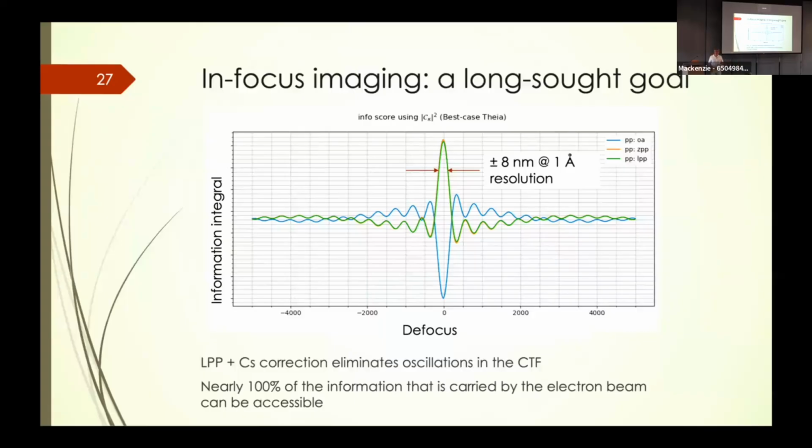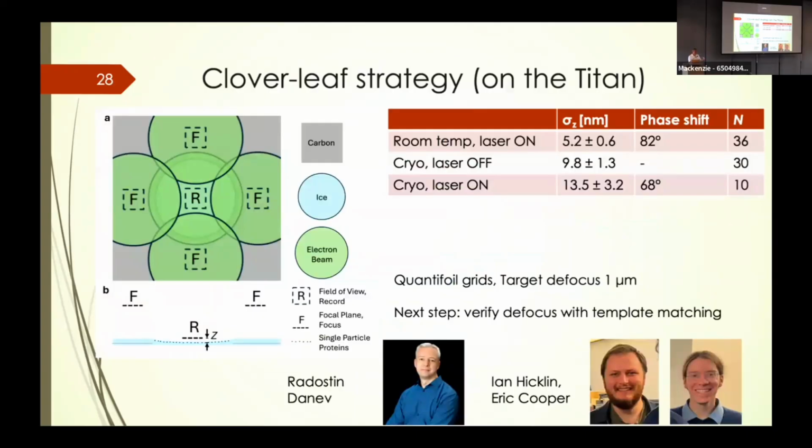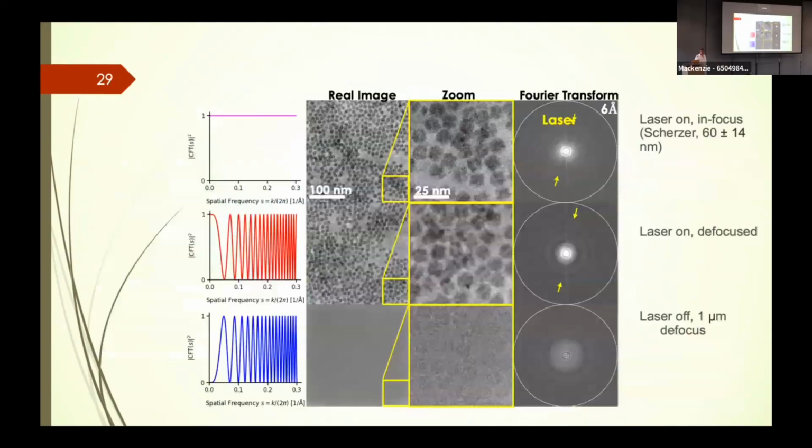Okay, so the problem is in-focus imaging can really only be done with phase contrast. So we want to image in focus to get this doubling of the information at low defocus. Of course, you can't pre-expose the specimen that you want to image in order to set the focus because of the dose limitations. So we borrowed a strategy from Radostin Danev where you determine the focus in 4 areas surrounding the area of interest. And with that, we could show that the sigma of the defocus setting is about 13 nanometers, which is the range that we need. And so we were able to take some